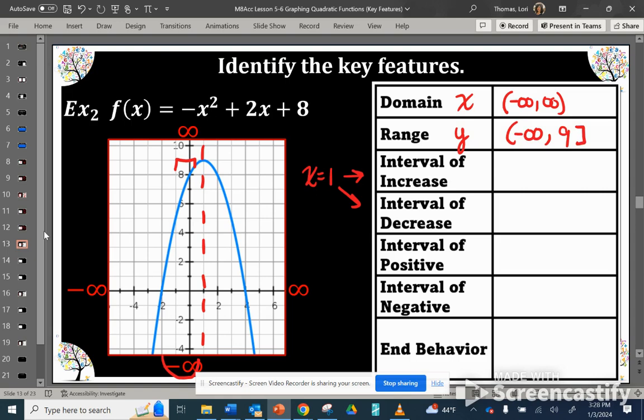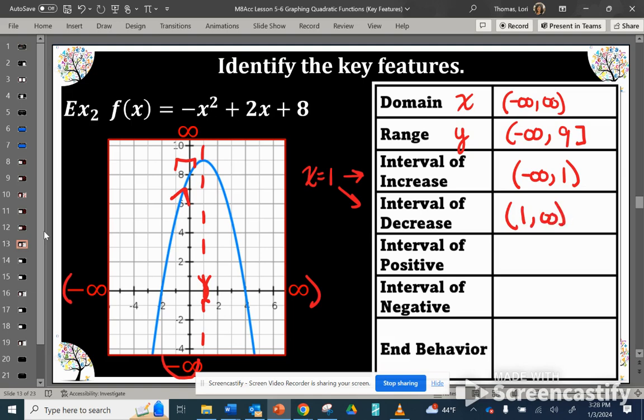The interval of increase, this time our increase is on the left side. As we read the graph and trace it left to right, you can see our pencil is going up, it's increasing. So from -infinity up until that x value of 1, the graph increases. And then at 1, it turns. So when x is 1, our vertex is a turning point, and our y values start to decrease. So from 1 to +infinity,